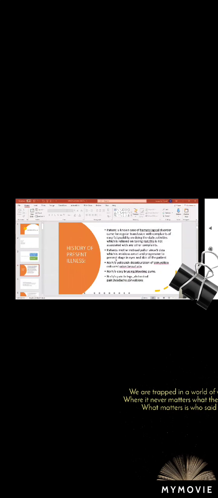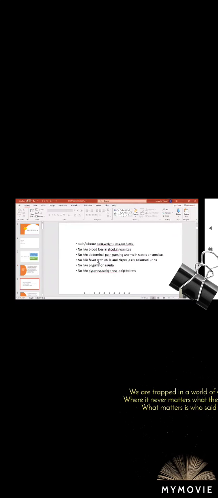These are pigment stones. Another complication that many of the children with any type of hemolytic anemia develop is leg ulcers. So you have to ask, because of venous stasis, there is viscosity of the blood, and as a result you will have venous stasis, and with that you will have leg ulcers. So in your history of presenting complaint, please make sure that you ask all these things.